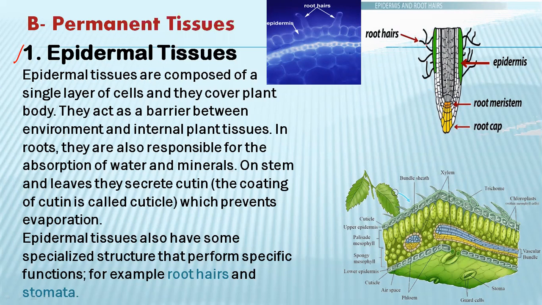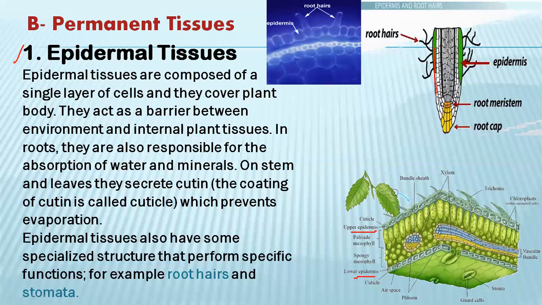So they are present around the roots and on the leaves, the upper and lower epidermis of the leaf. You can see the upper epidermis and lower epidermis of the leaf. They are present in those places where they cannot divide again. Here the root meristem can increase the length, and these are the epidermal tissues. They don't divide. From here the root hair arises, and these root hairs help in the absorption of water.